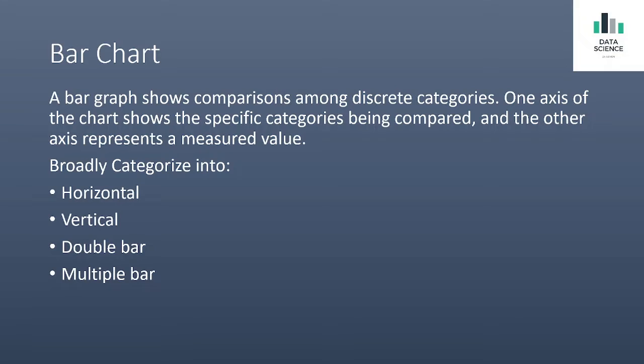Apart from this, the basic headline or bullet point of the bar chart is that it is used for comparison, comparing a measure across different discrete categories. Discrete categories are very important here, and it is used for comparison. Next, a bar chart can be broadly categorized into horizontal bar chart, vertical bar chart, and then there comes the grouped bar chart. And in the grouped bar chart, there come double bar and multiple bar. So let's have a look